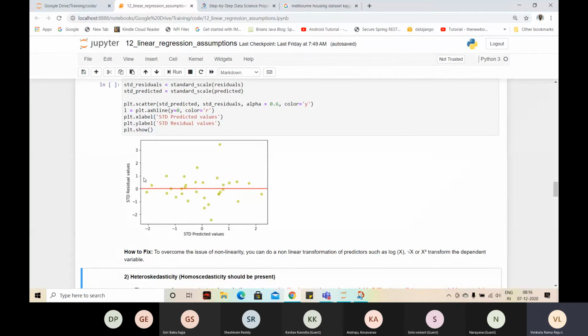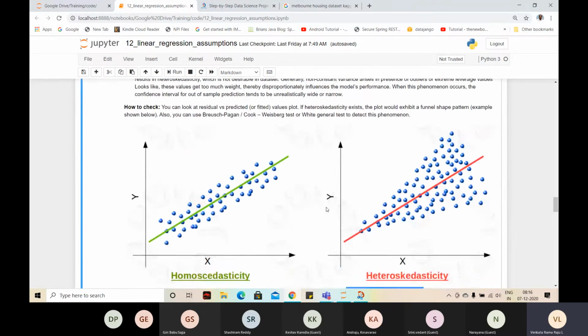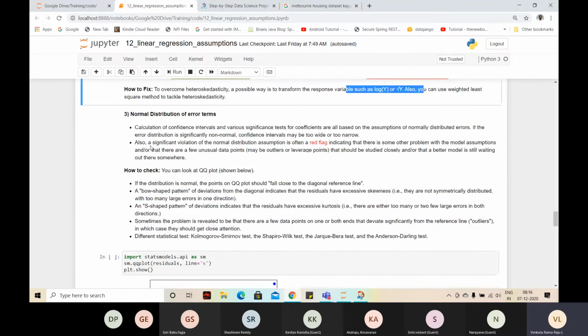It looks like normal distribution. Most of the data is within one standard deviation. A little data is actually falling between 1 and 2 and -1 and -2, and between -3 and beyond is less data. So it is almost normally distributed. When the error term is normally distributed, that means your data is